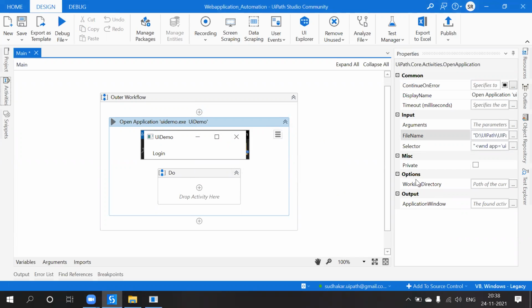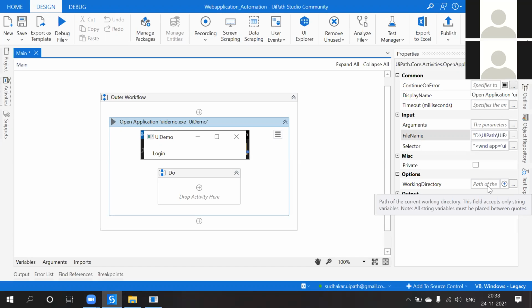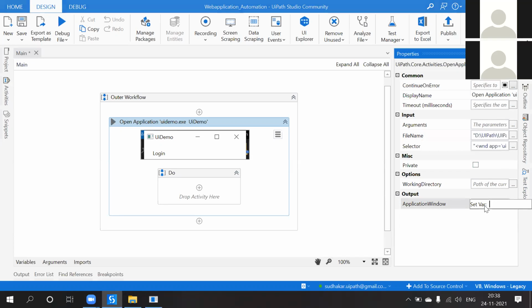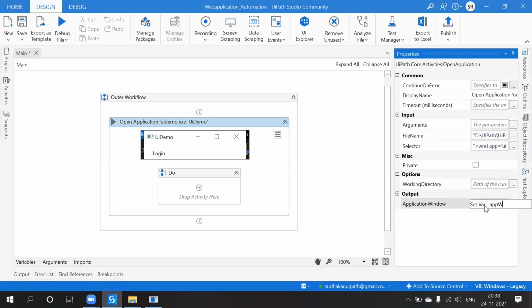Otherwise working directory, where the application is available, that means that exe. So we have to create one variable and pass that path of the file. So the output of this is application window.